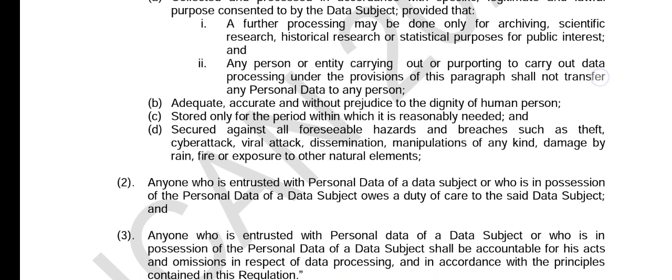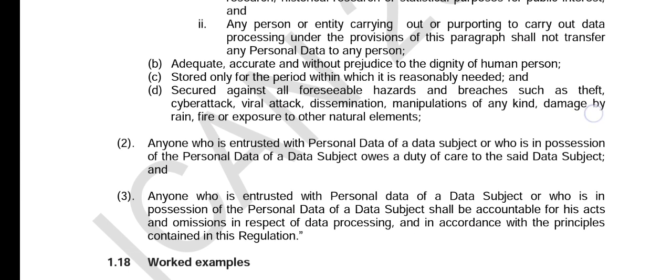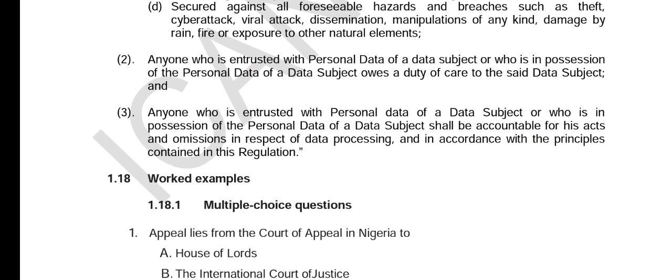For the sake of availability, the information should be available when needed. And storage depends on how you save it. You should be accountable for how you store it. So that is how I decoded it for answering any question that comes on it.